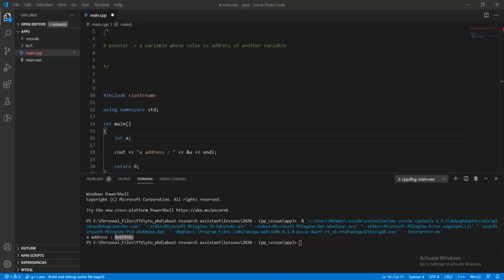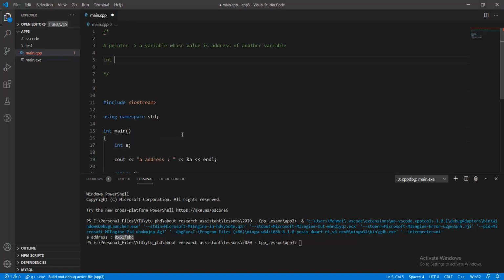And so we must declare a pointer before you can work with it, and the general form of definition is like this: int asterisk operator, or for double variable double asterisk operator, or float value float asterisk operator. There are many definitions for the pointer or the pointer usage because each of the definitions has different